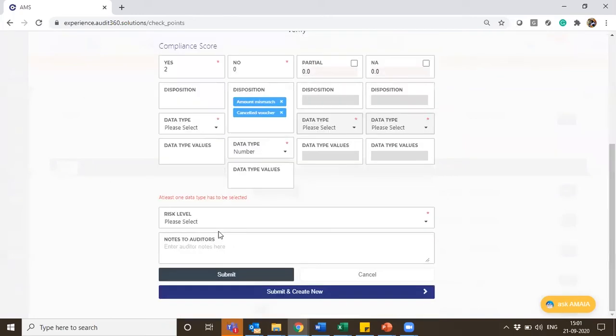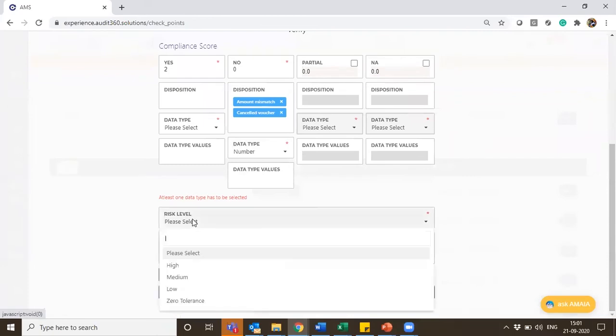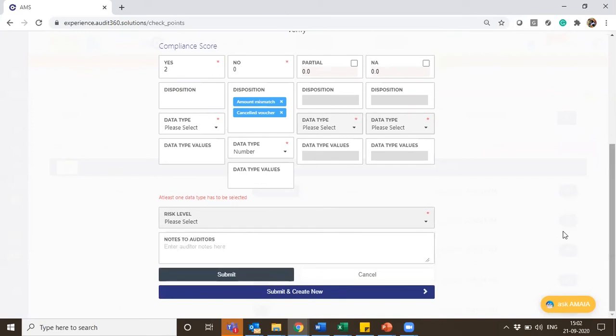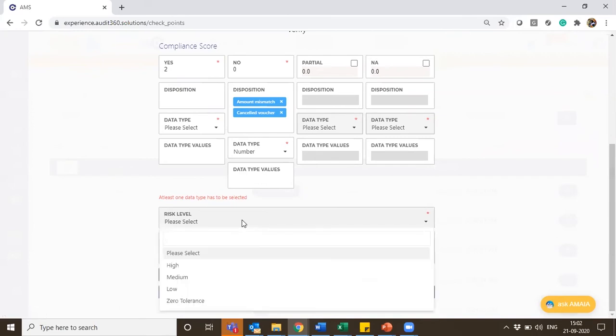Now let me just choose the risk value. So in risk level, basis the checkpoint we are configuring and what is the impact of those processes which we are verifying, we can set the risk level. We have 4 types of risk level. One is high, medium, low, and zero tolerance.